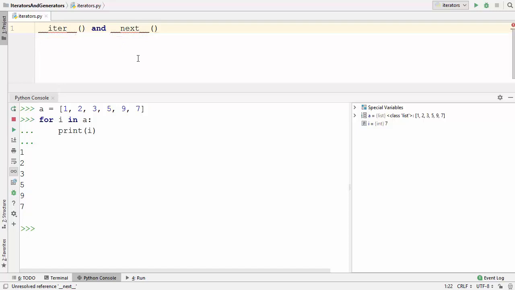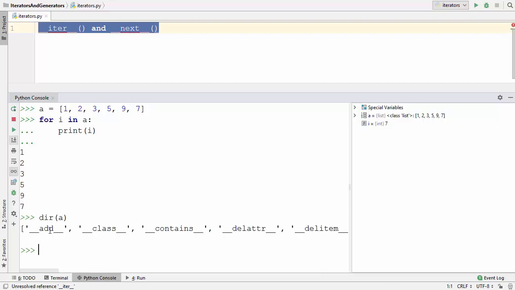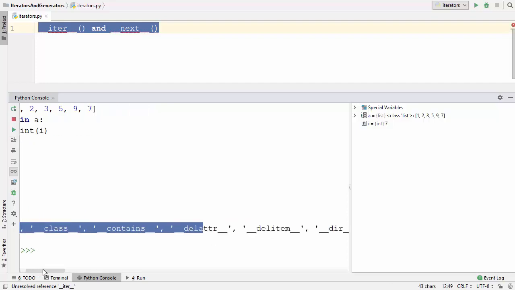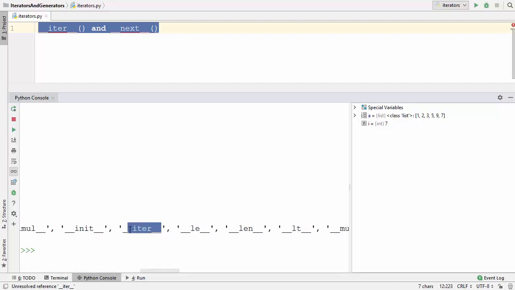Now collections like lists or dictionaries or tuples are all iterable collections. That means we can iterate over them, and all these collection objects have a special method called __iter__, which is used to get the iterator from these collections. So let me show you first of all these two methods inside a collection. So when you use the dir inbuilt function and give any collection as an argument here, and when I press enter, you will see a list of functions here, and when I scroll a little bit right here, you will see a special function which is __iter__.